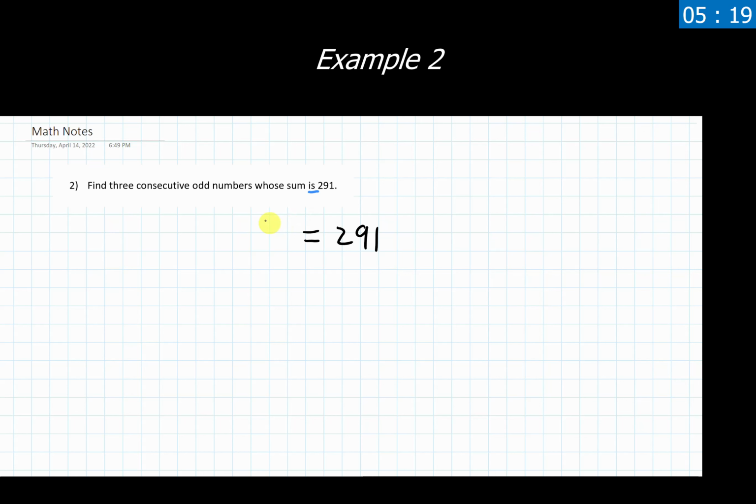Okay, so let's start with this in a super generalized sense. We have 3 numbers who are adding together. The sum means addition. Make a little note there. So I'm going to have, this is some ways that I've seen people do this, something plus something else plus something else. So I have 3 consecutive odd numbers, or just 3 numbers whose sum is 291. I've got something here, I've got something here, and I've got something here. So I have 3 things adding together to equal 291.